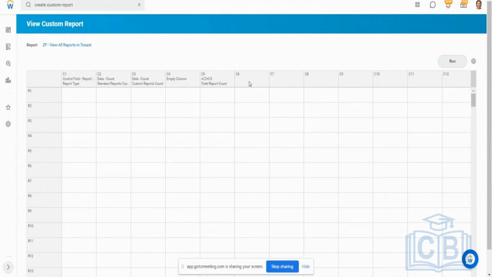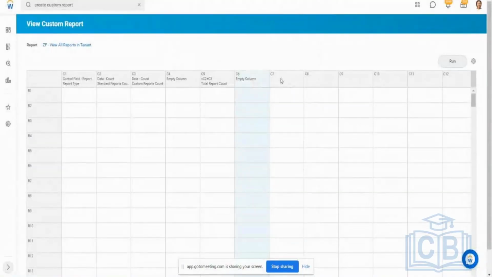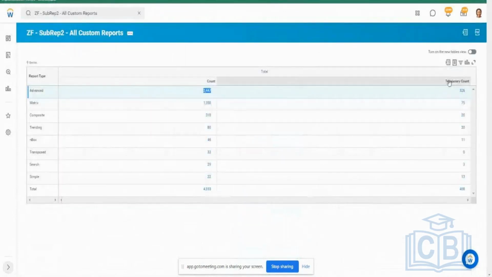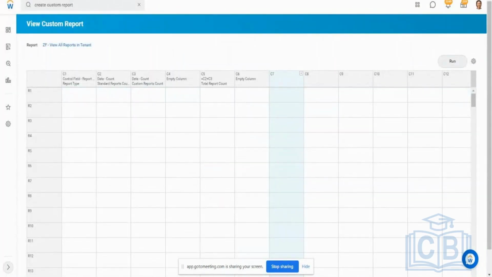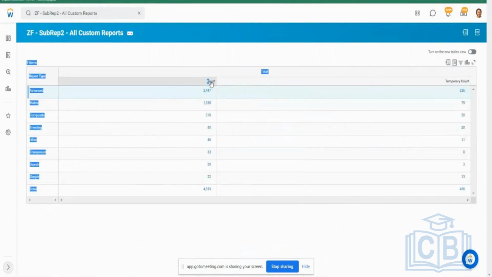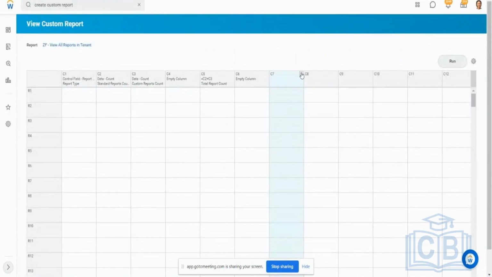I want to add one more empty column here. So I'm adding another empty column. Not sure if it will allow me duplicate names. Okay, now from my second report, which is custom report, I also want to get the sum of the temporary reports. So earlier we just pulled one summarization, which is basically the count. Now I also want to get the second summarization. So once again, I am now going to column number 7, and I want to define a new data column,